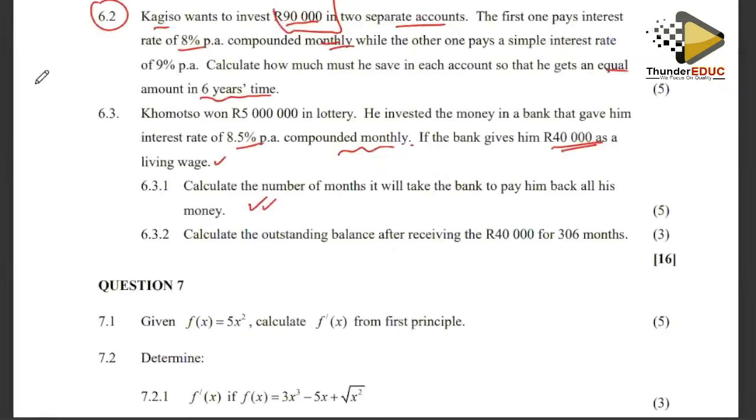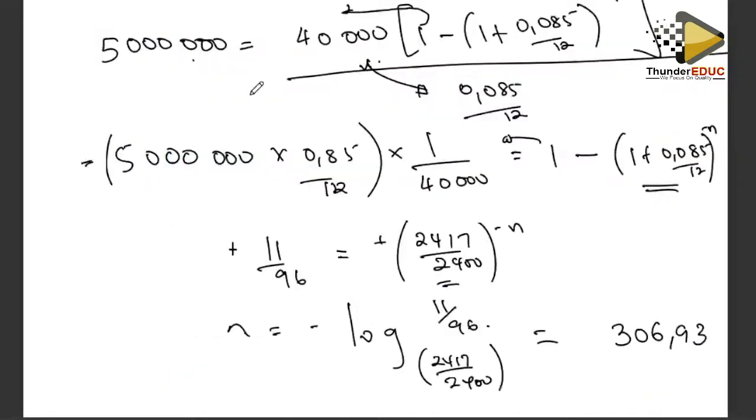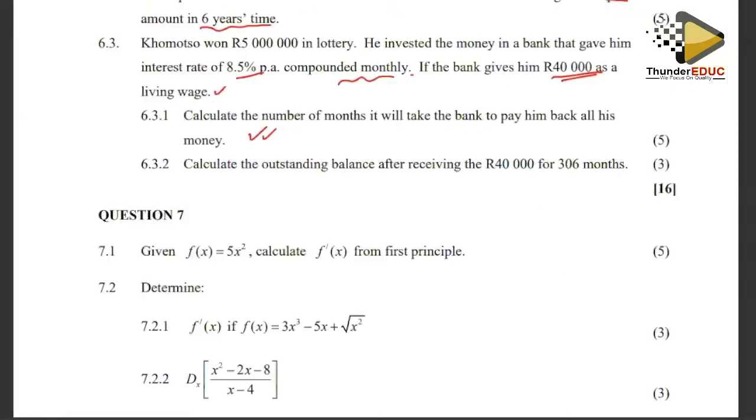Now the question is asking us to calculate the number of months it will take the bank to pay him back all the money. So instead of 306, this guy is going to get 307 payments, because it's going to be 306 full payments, and then the last payment is not going to be full. Then calculate the outstanding balance